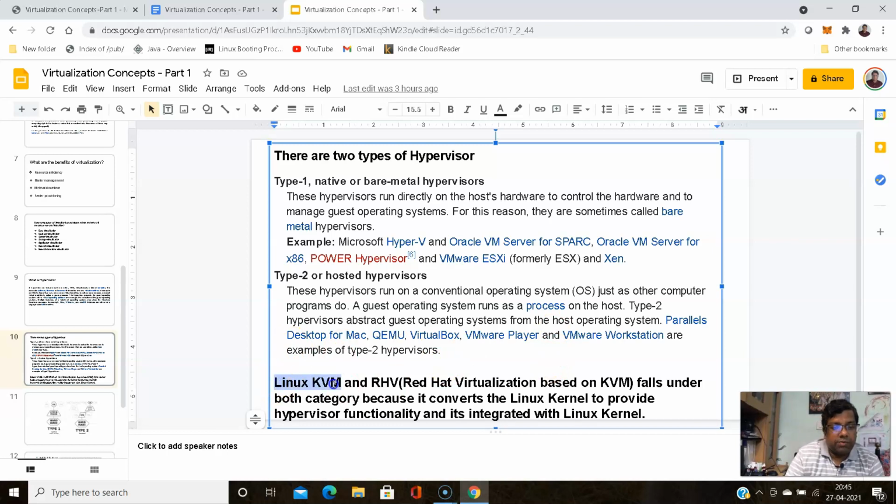We can demonstrate this in our next session, or I can show you a short demo of KVM in this session as well. In the second part, I will show you a complete deployment of KVM over Google Cloud, because I will be showing you how to set up a lab for practice, where we can run very enterprise class, heavy applications which need lots of CPU and memory, which we do not have in our personal laptops or desktops. That is the reason you can leverage the Google Cloud free tier. I will demonstrate it in the next lab.